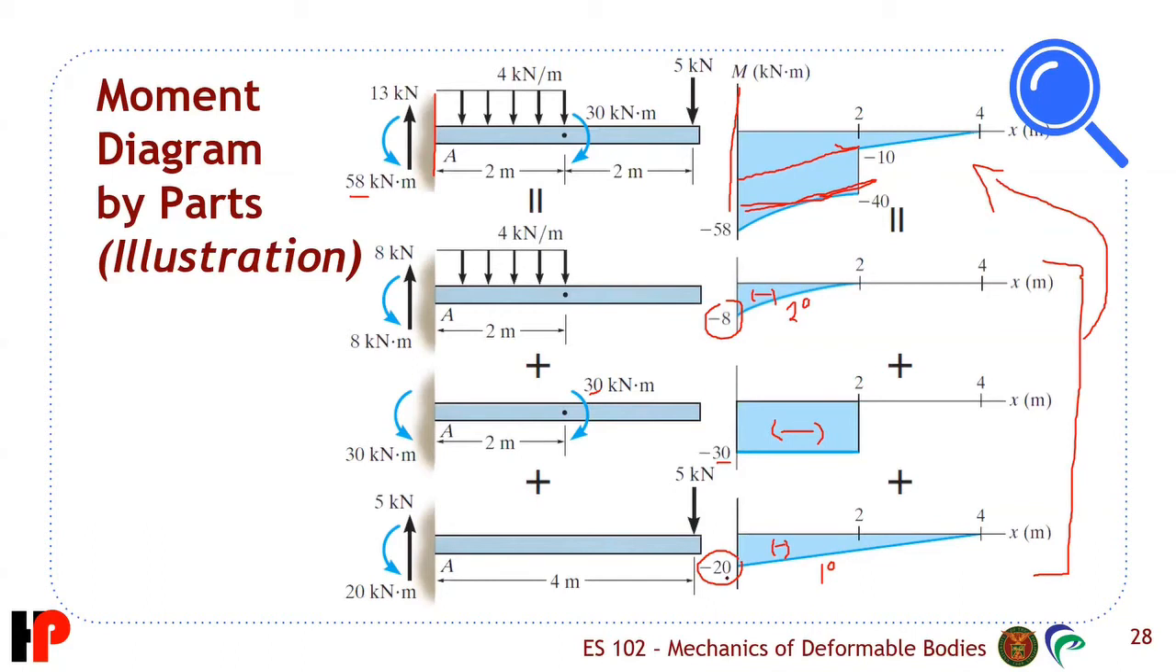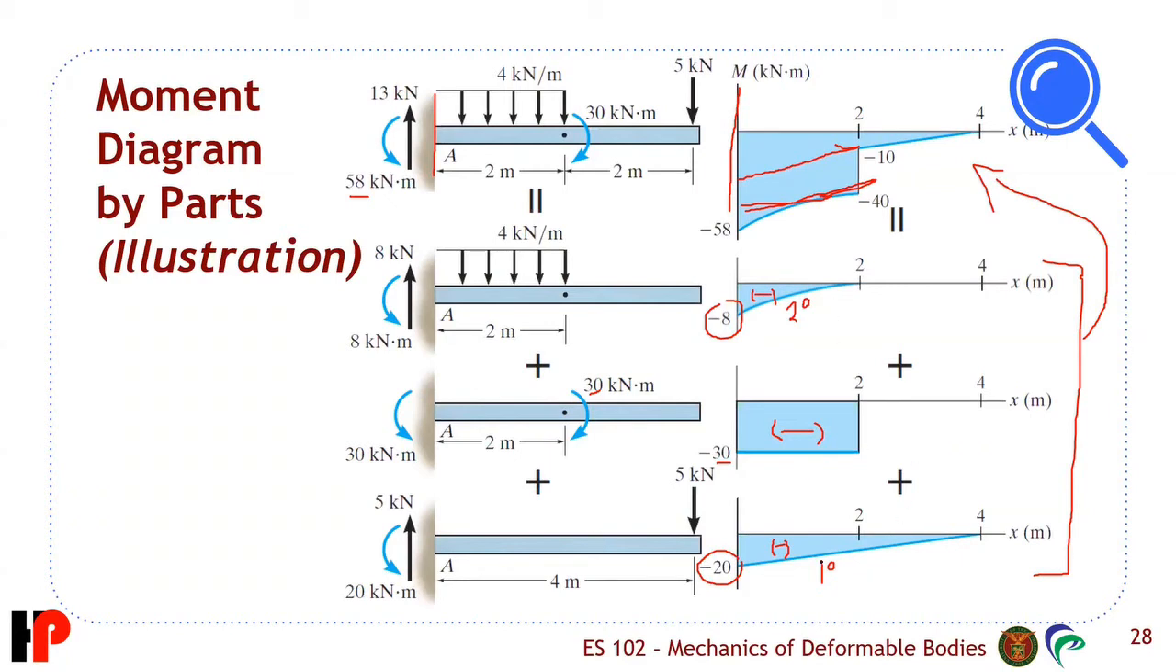So, take the sum, for example, ng values. At this end, negative 58. Negative 8 plus negative 30 plus negative 20, balik sa negative 58. Dito naman, at x equals 2, 0 plus negative 30 plus 10. 10 yan kapag kinuha nyo by similar triangles. So, 30 plus 10, 40. 0 plus 0 plus 0 equals 0. Same lang po yan. This method allows us to dissect the moment diagram into its parts such that